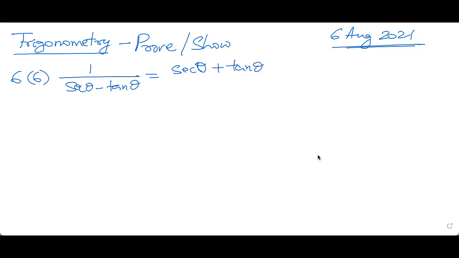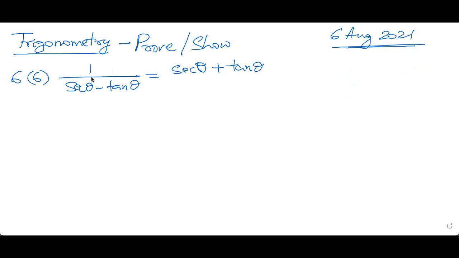Right? This is another such example which will look very impossible. Generally, this doesn't happen in algebra, right? This doesn't happen in arithmetic. We don't have a situation like this: 1 by 3 minus 4 equals 3 plus 4. This doesn't happen in arithmetic, but this thing is possible in trigonometry. So be aware of this. It's not that simple. And the reason this is happening is the way the trigonometric functions have been defined.